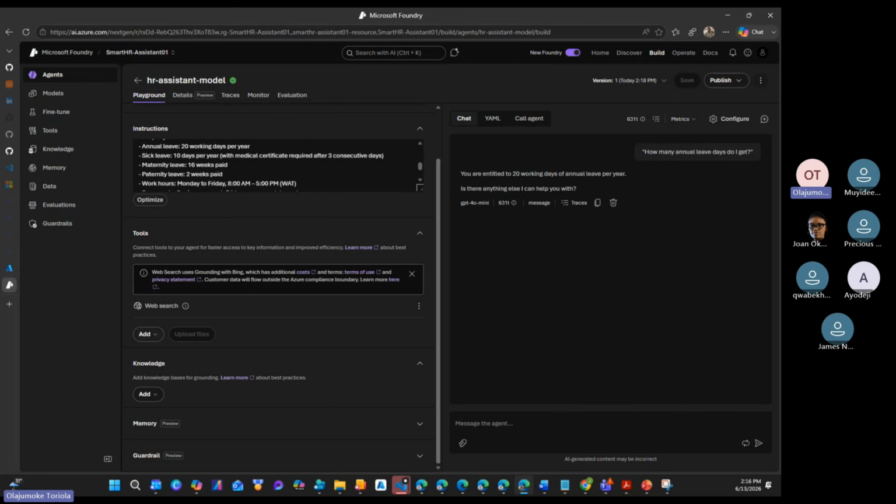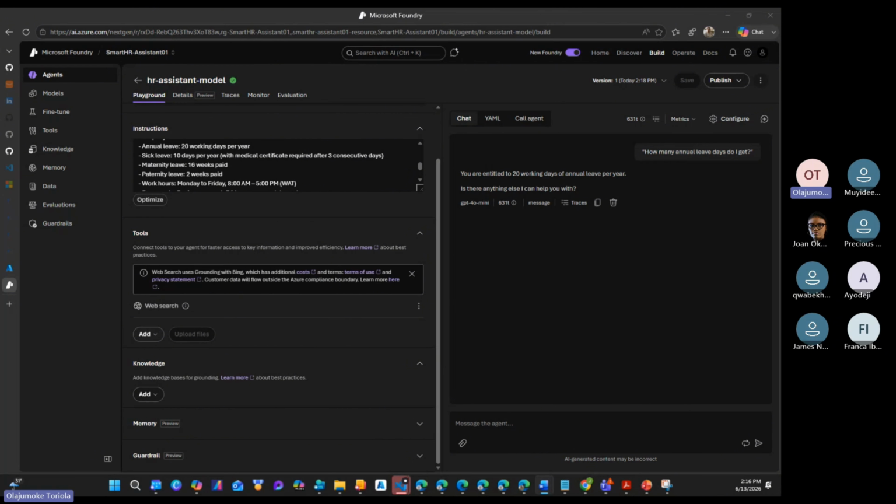Remember what I started with when we were talking? We said the types of prompting that you have. Is it zero shot prompting, or few shot prompting, where you provide 2 or 5 examples of desired input? And zero shot is where you give the AI tasks with no example, and the AI relies on its own training. So some of the data I've given it here, I've already said 20 working days per year. So let's still test some of it, the instruction I've already given it, and see whether it can respond to it.